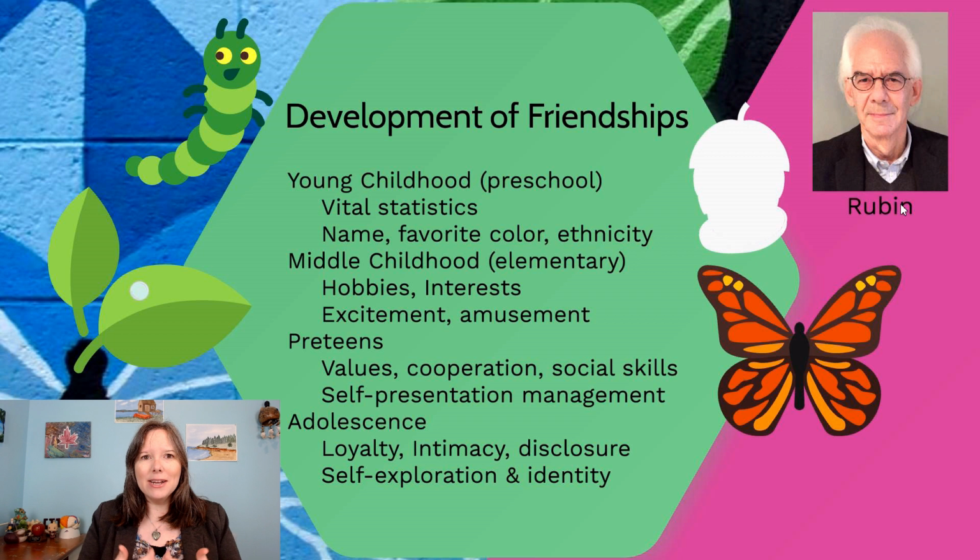We start to base our identity off of who we are affiliated with. And if you're affiliated with friends that don't feel right and you don't feel like you're being your true self around them, then you're probably going to discontinue that friendship and look for friends that allow you to be your true self. So the development of friendship evolves, like from an egg to a caterpillar, cocoon, and butterfly, from early preschool years to adolescence and emergent adulthood. And one of the scholars who's been responsible for sort of carving out these different steps is Rubin.